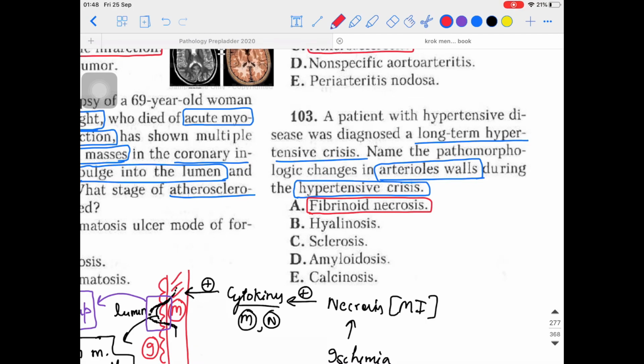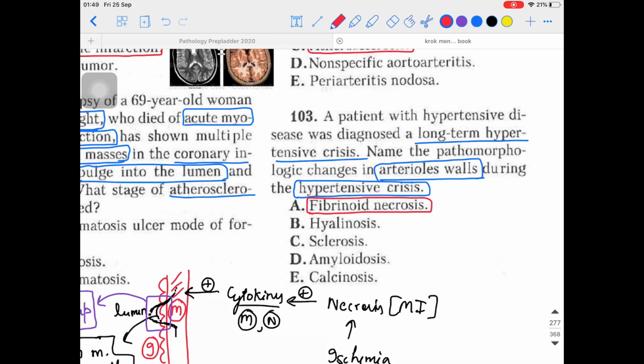Okay, uncontrolled cell death will be seen over here, because in a hypertensive crisis the pressure exerted on the blood vessel is such that they will not be able to bear it, and they might rupture. So that irreversible specific pattern can be appreciated in fibrinoid necrosis. And what will be happening is antigen antibody complexes will be deposited in the walls of blood vessels, along with fibrin formation here and there in the blood vessel.